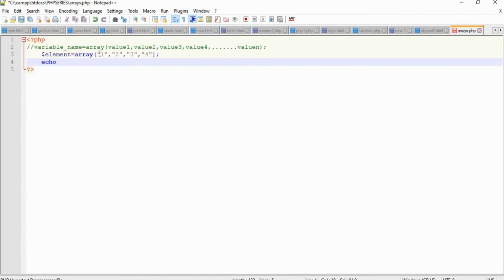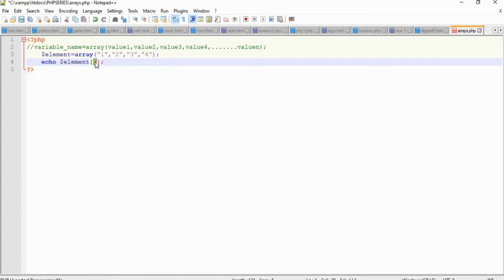The position of each individual value is called the index in an array. So that position value starts from 0, right? So we can access the array element as array name of index value, where 0 is the starting index value.